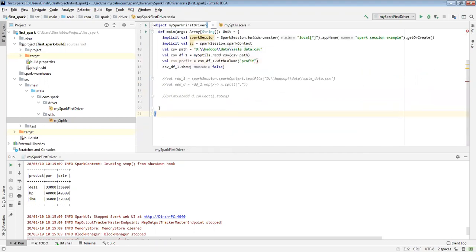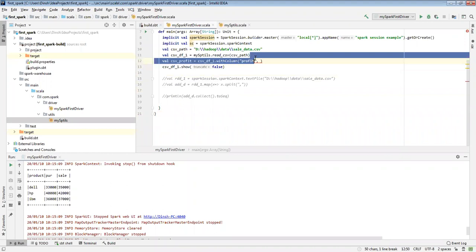And what is the function I want to use to create the profit?